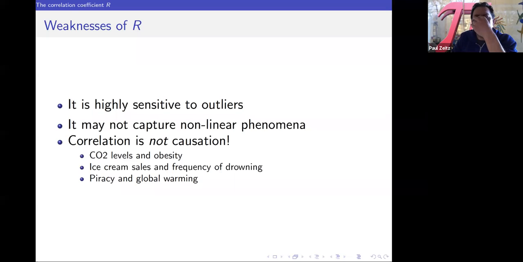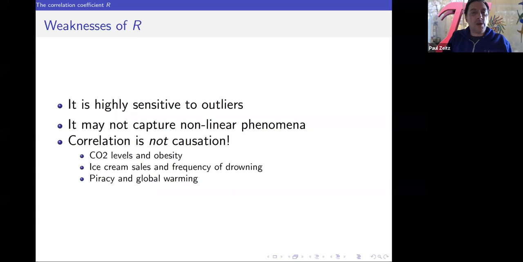And there is a group, I forget their name. It's like Rastafarian, but with pirates, like piratarians that advocate piracy. It's just a joke, but they explain that piracy is a good thing because the less piracy there is, the more global warming there seems to be. So perhaps the more piracy you have, the more global warming would diminish. That's a very nice idea, but I don't think it's true.